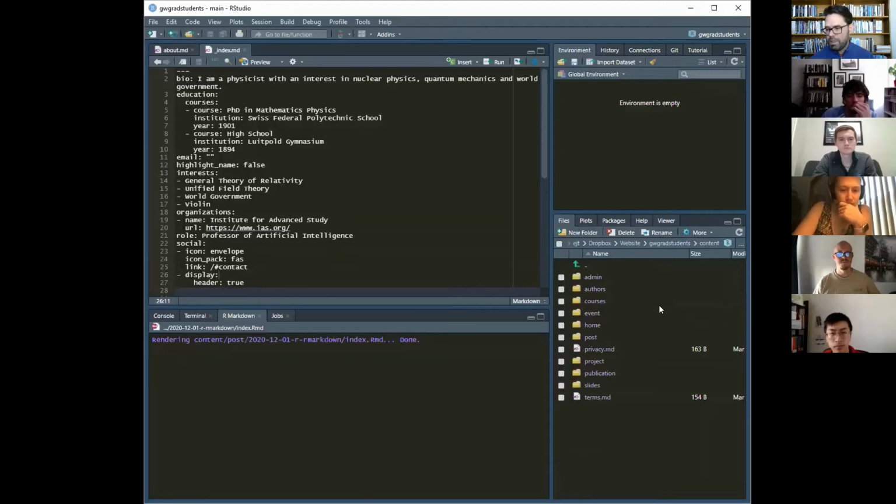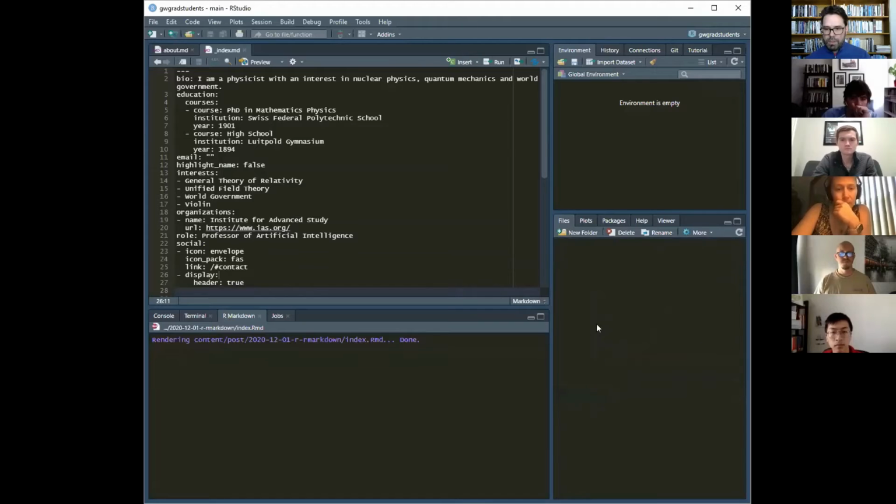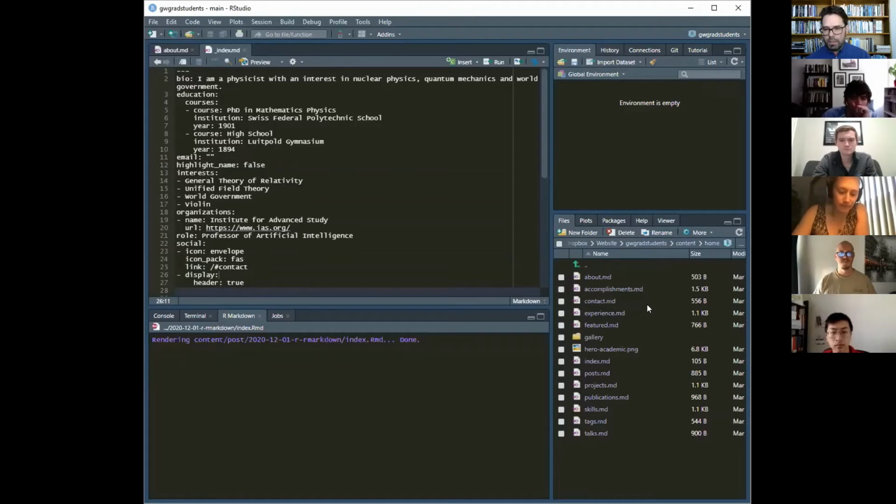Okay, so from here, basically, I think what you want to do is figure out what kind of widgets, and maybe you want to do this in advance of building your site, but you want to figure out, okay, what kind of widgets do I want to include? I thought for a graduate student website, so what do you want to include on the homepage at least? So you want this about widget,